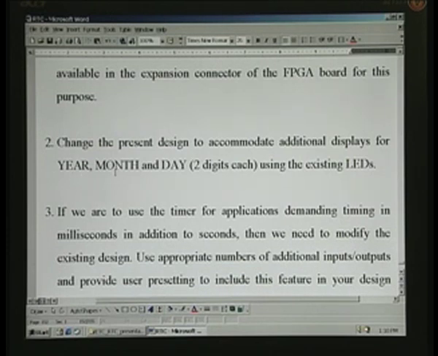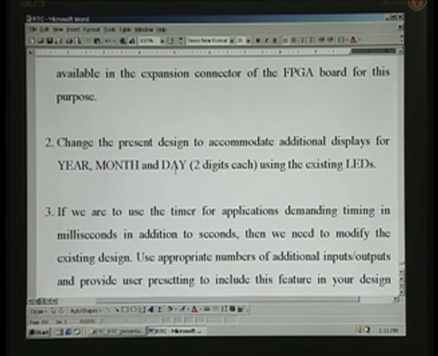Month of course is clear, it can go 1 through 12, and day again depending upon whether it is February or January and so on. So you have to keep track of the variations in the number of days in the month and build the whole thing, and basically it is going to be different counters here. You do not have to worry about sounding the alarm with reference to any of this. Let the alarms be as they are, catering only to the hours, minutes and seconds. So, without disturbing hours, minutes, seconds, you should build this year, month and day as well, 2 digits each,